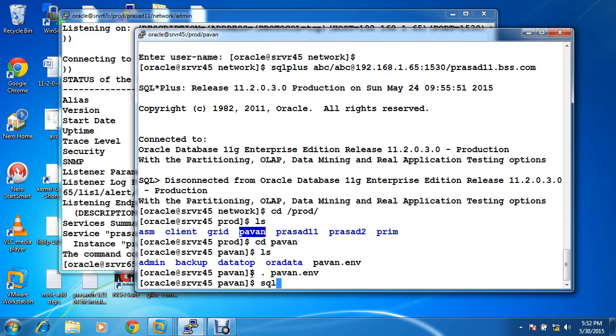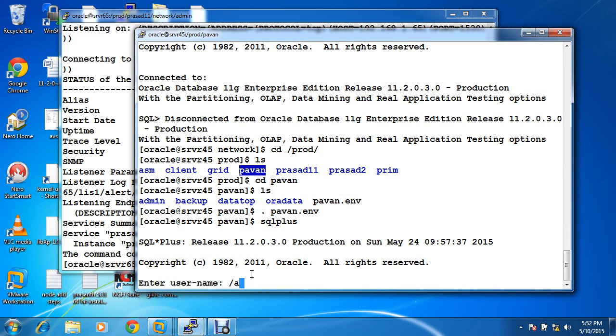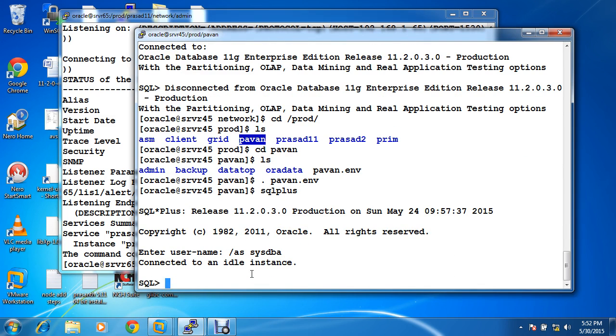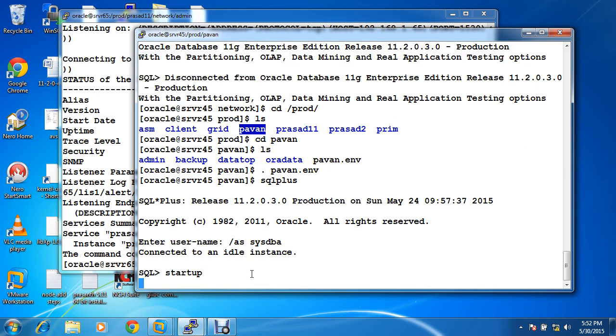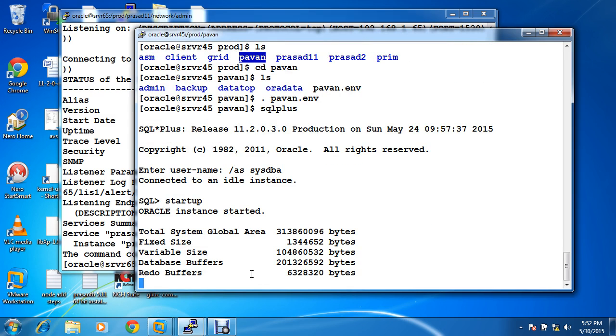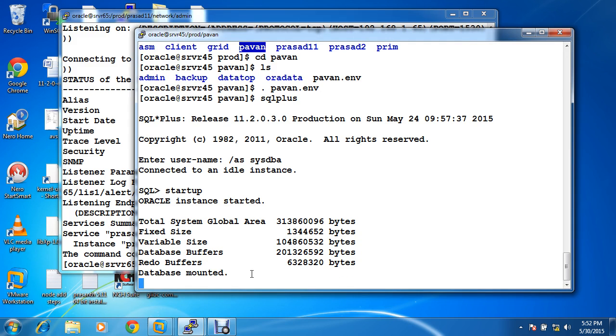This database can have any version, it doesn't matter which specific version. The two databases talking need not have the same version, they can even have different versions. Now in this database,